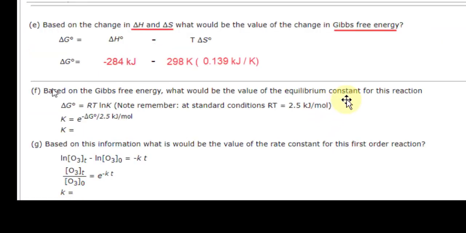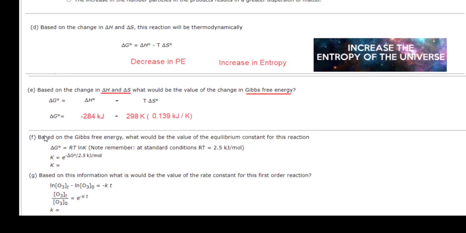The next question. Oh, there's this little arrow that doesn't belong there. Ignore that arrow. Based on the Gibbs free energy, what will be the value of the equilibrium constant for this reaction? Now, equilibrium constant tells us the ratio of products to reactants. I said this reaction is thermodynamically favored. If we start with 1 molar oxygen and 1 molar ozone, then in the end, this reaction is going to go forward and release that,